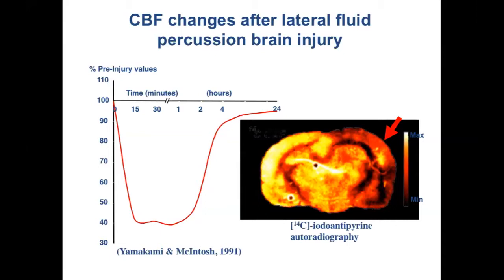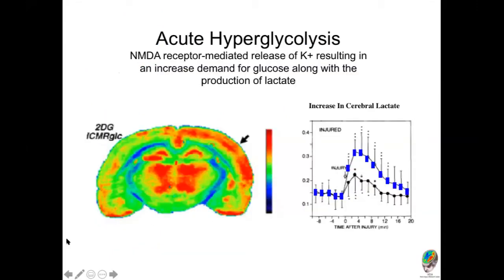What happens in the same time to metabolism? This is another experimental work. Always, it's still lateral fluid percussion brain injury, and you see below the arrow again a lot of red signal. But this increase in red signals is increased glucose metabolism. So we have a mismatch between reduced CBF, oxygen and glucose delivery to the brain, but the brain at the very beginning requires more glucose uptake. And this is also shown by the increase, as you see here, in the extracellular lactate concentration within the brain